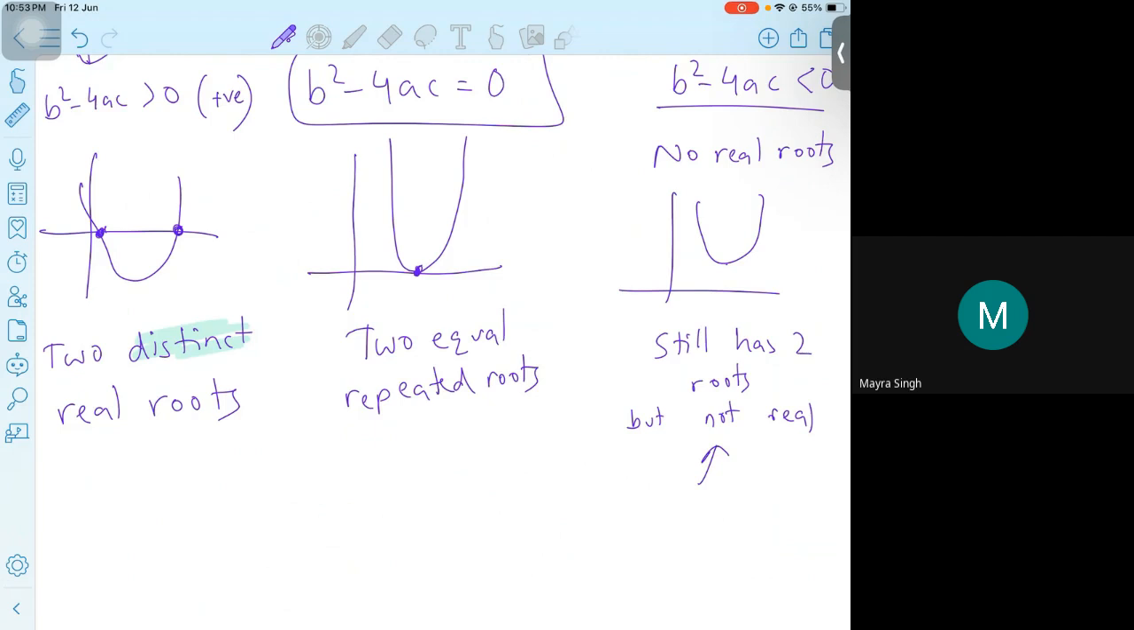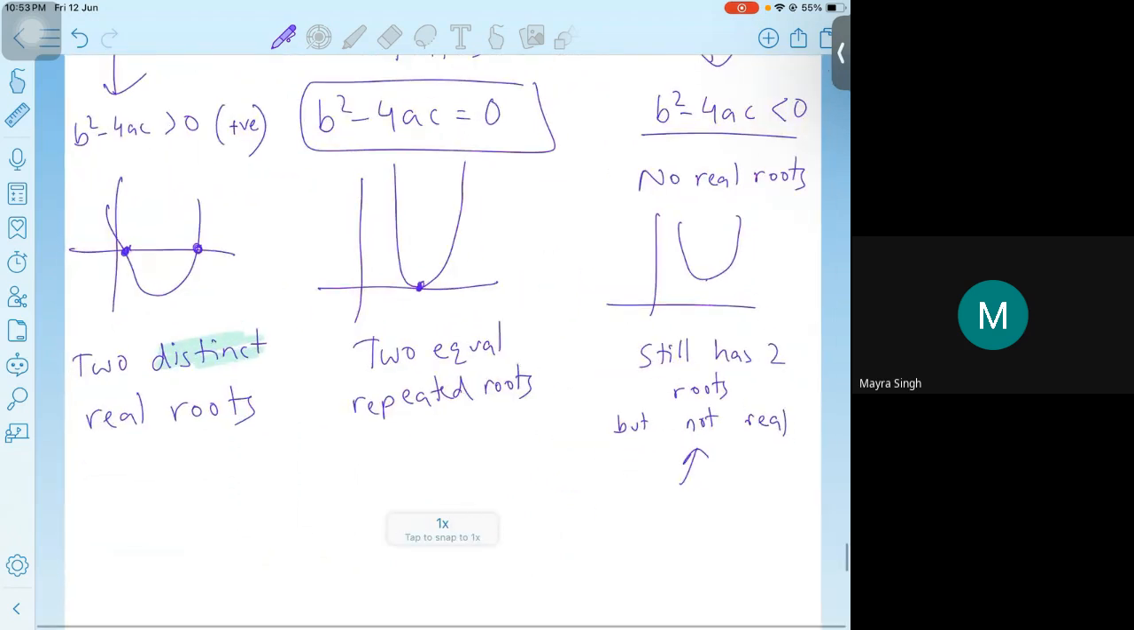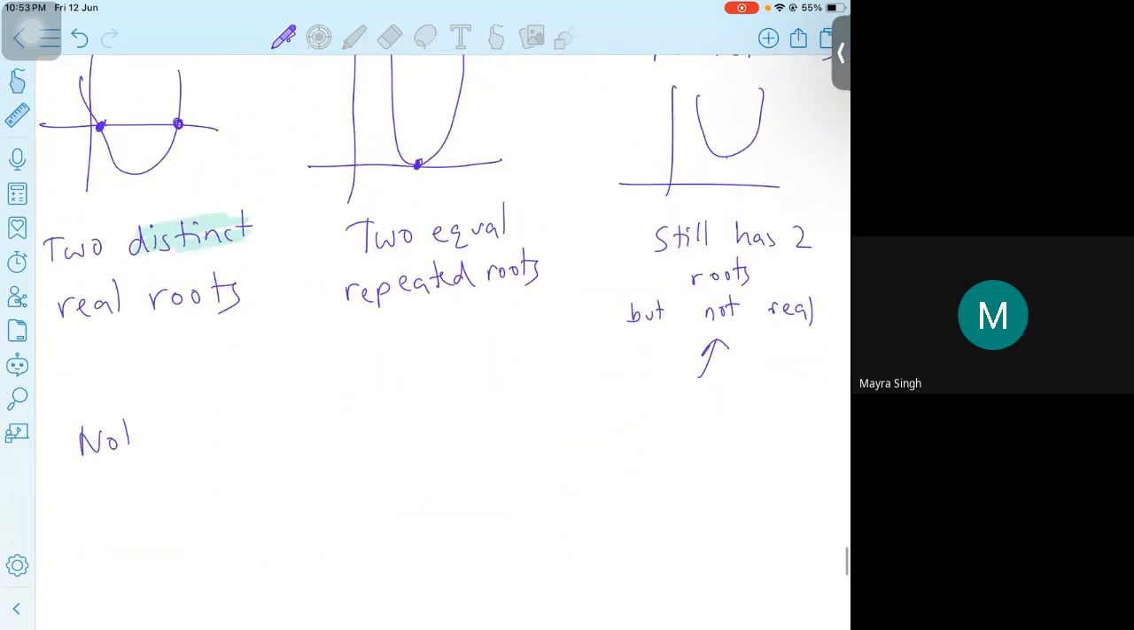Can we move on? Okay, thank you so much. One more concept, a note here. If the question says